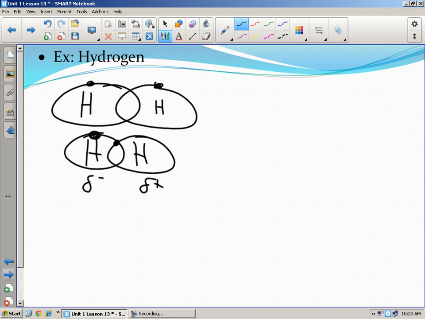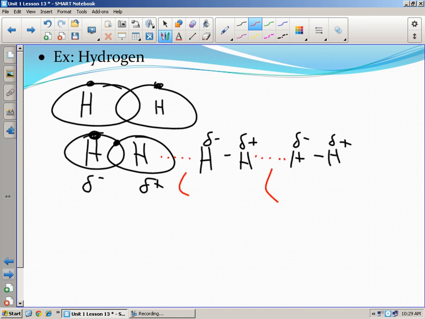It's a temporary dipole, and that induces or brings another HH close enough to it to have a partial negative and a partial positive, and so on and so on. And this right here is London forces. Okay? Happens for a brief